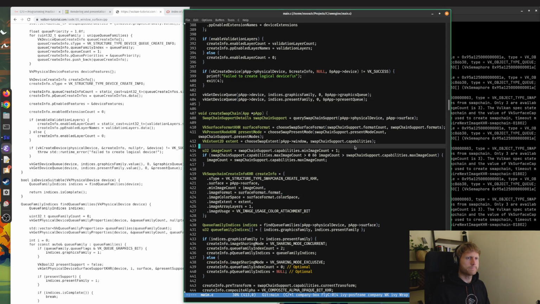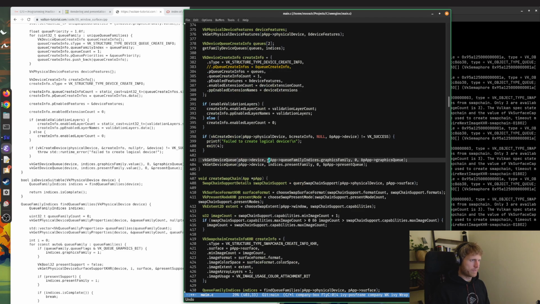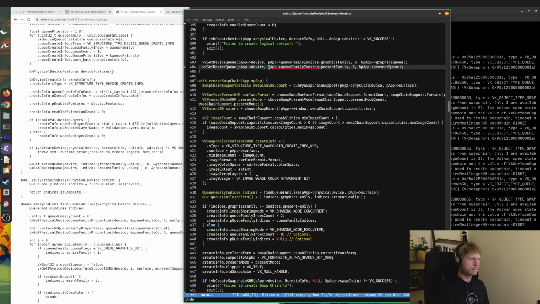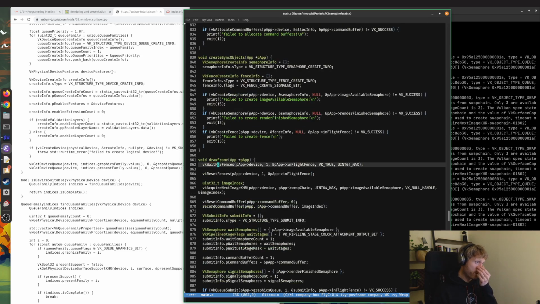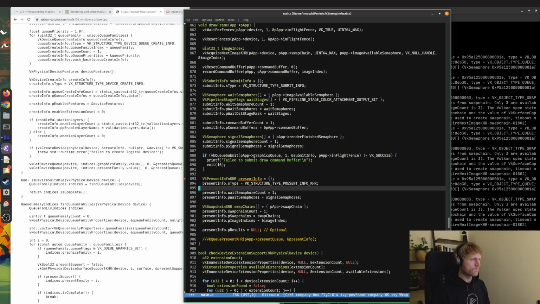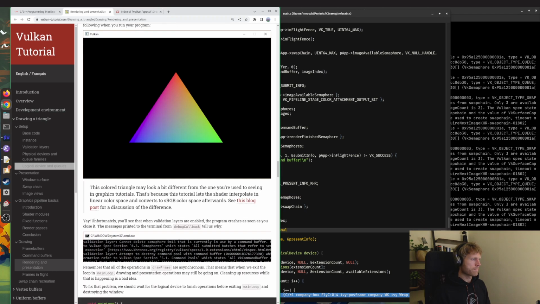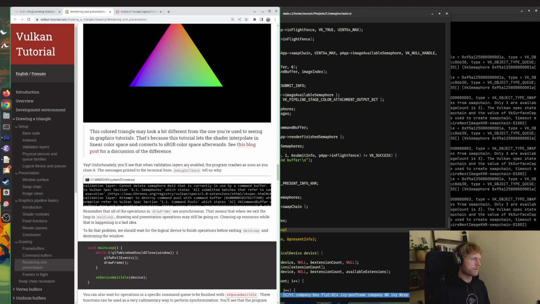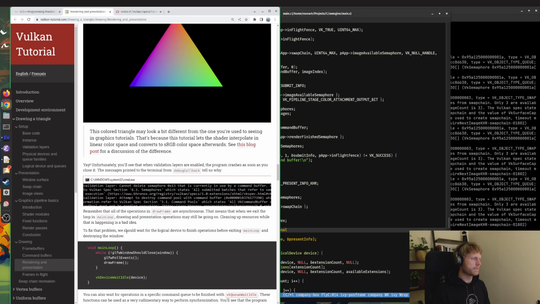Okay, let's put that back to what it was, and then let's go back down to the draw function, draw frame. There must be something else we're missing, so let's think about this. Oh. No, we still don't get to this stage. This is talking about potential errors, but